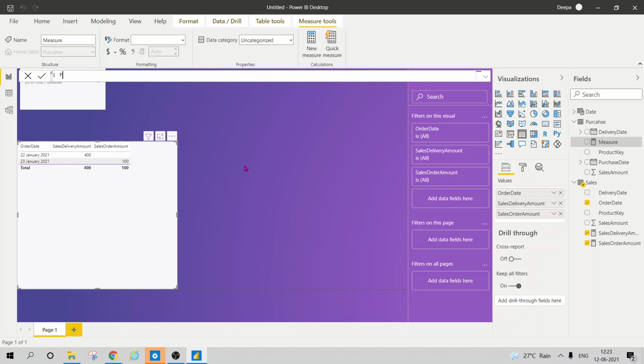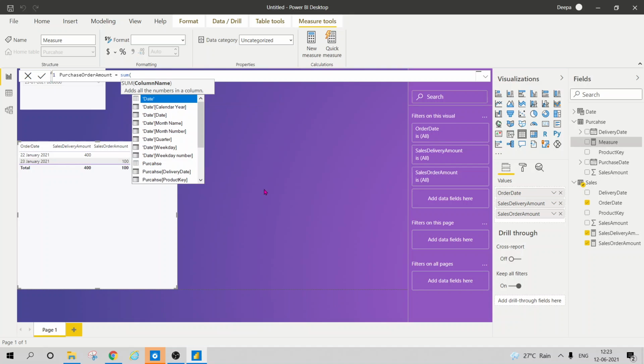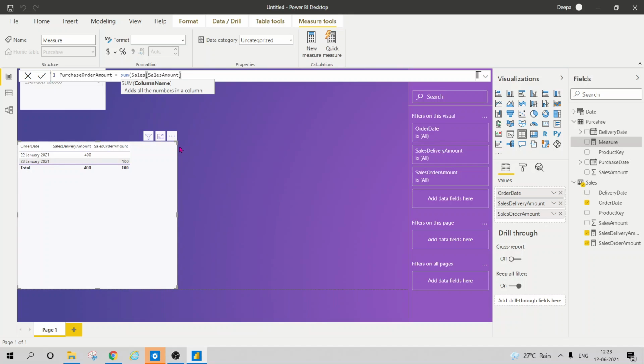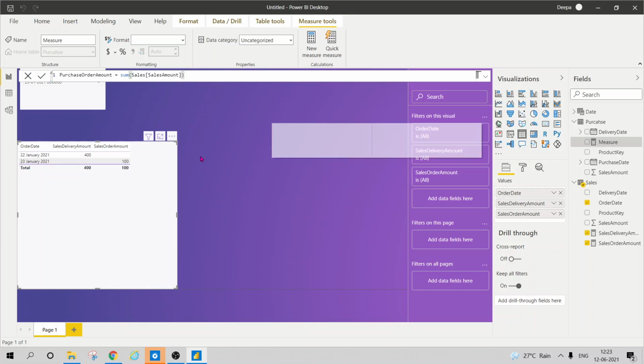Purchase order amount: since the order date is directly related, that's not an issue. We do not need to create any USERELATIONSHIP because we already have an active relationship for that. So I'll use sales amount. That's fine.